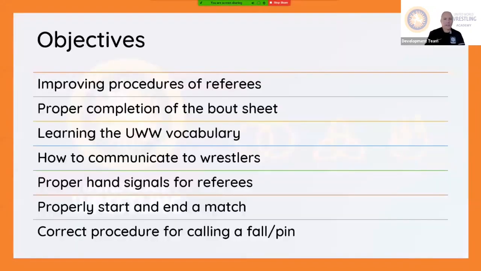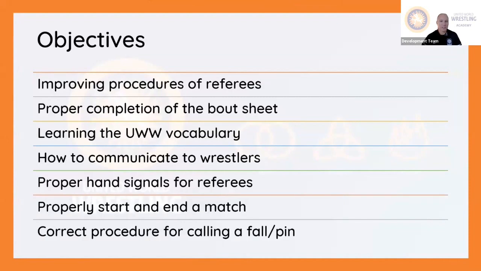Today, really the quick objectives of what we want to cover: first, overall in general, we're looking at how we can improve procedures of referees. So that'll be the overlying major topic here. And we'll be looking at that by the proper completion of the bout sheet, how we fill bout sheets out, and some things to consider, and maybe some mechanics or helpful hints for those of you working as a mat chairman or judge. The UWW vocabulary, the importance of that,